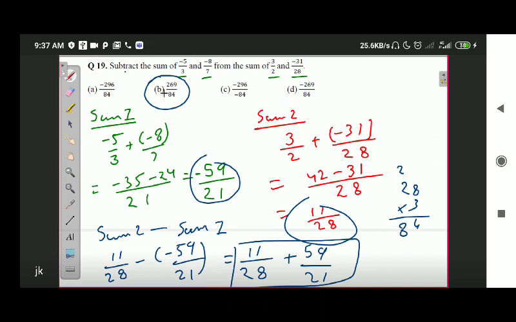Okay, but you check it again. According to me, B is the correct option. It is a question from your book, Math Bliss, so you can check from there. Okay.